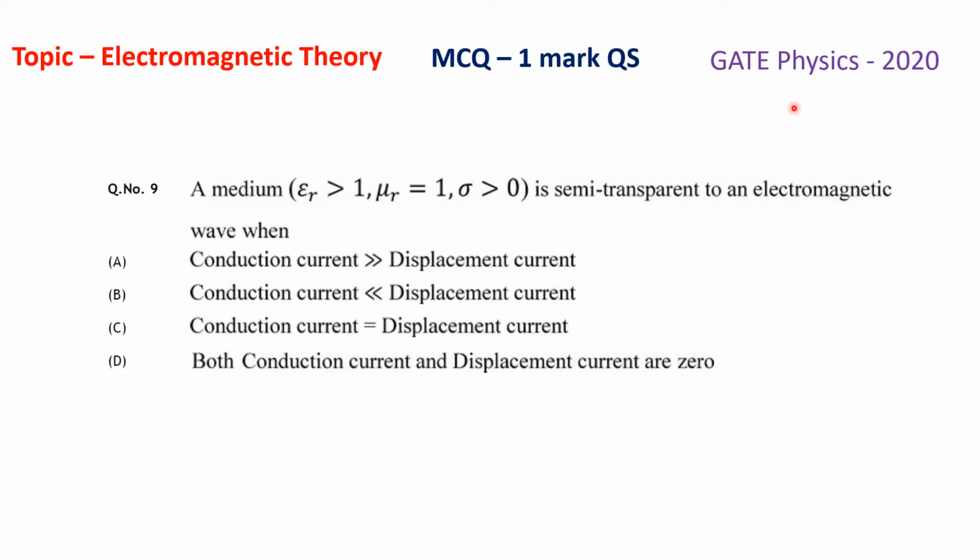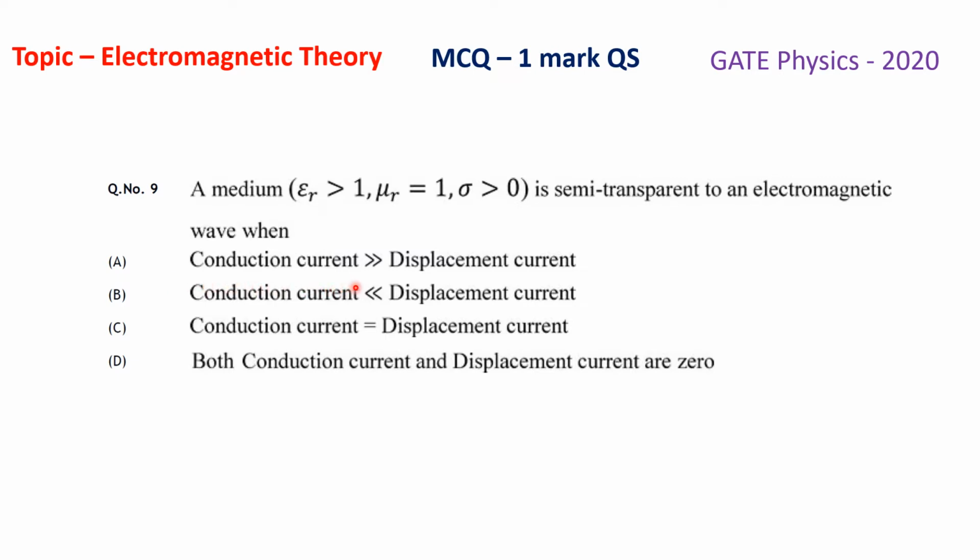This question was asked in the GATE Physics paper 2020. This is an MCQ type question having 1 mark. The topic of the question is electromagnetic theory. The question is: a medium with relative permittivity or dielectric constant epsilon r greater than 1, relative permeability mu r equals 1 and conductivity sigma greater than 0 is semi-transparent to an electromagnetic wave when